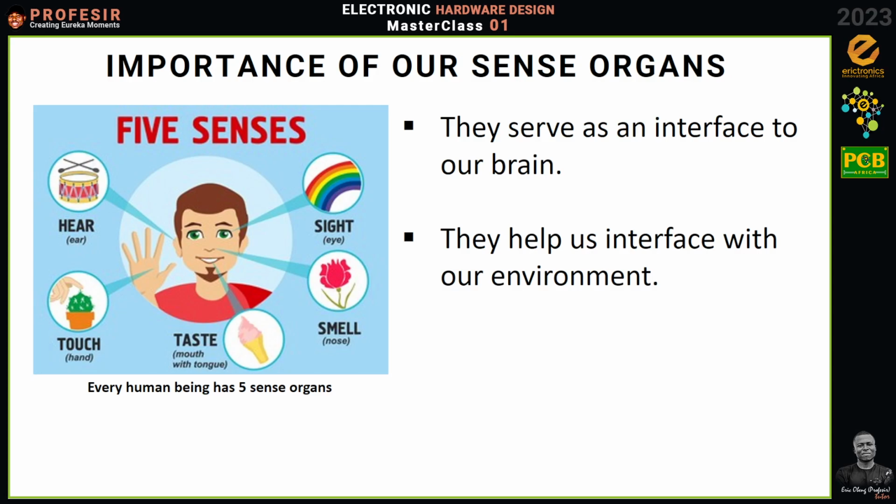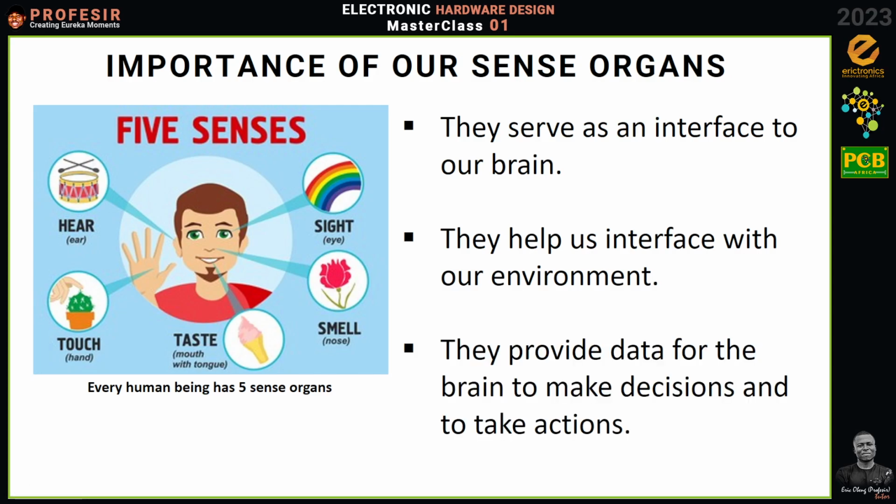So think about a scenario where there is a human being without any of these senses, okay, that person will be completely dumb, because the person will see fire and will walk into it. Okay, he won't even see in the first place. A lion will be barking and roaring and coming, and he will just be there. Okay, so with these senses, we become aware of our environment and we're able to make decisions based on the signals or the stimuli that we get from our senses.